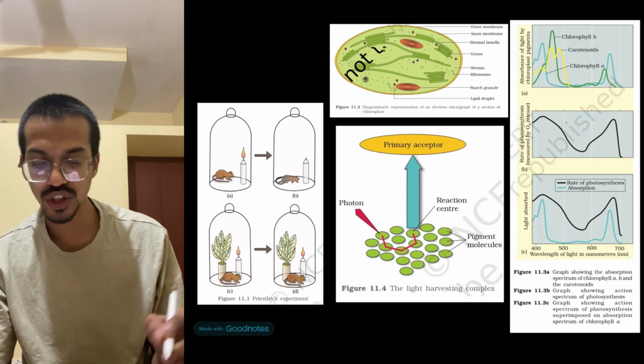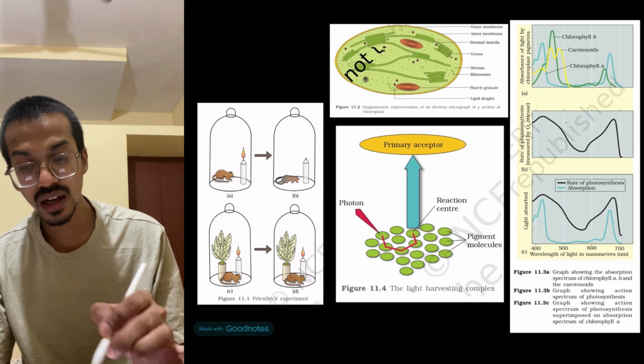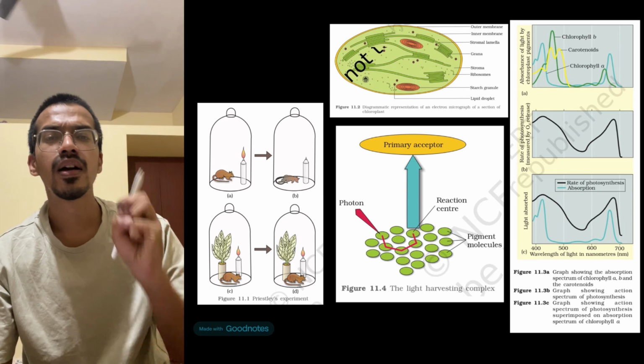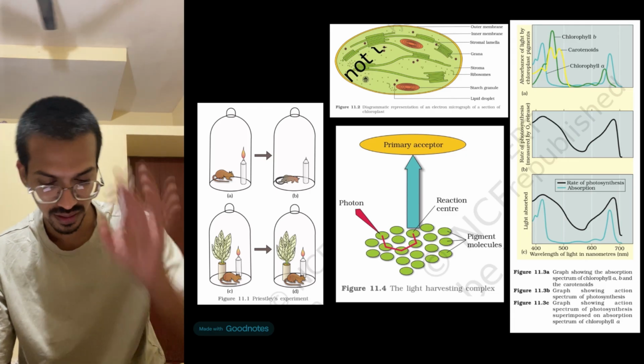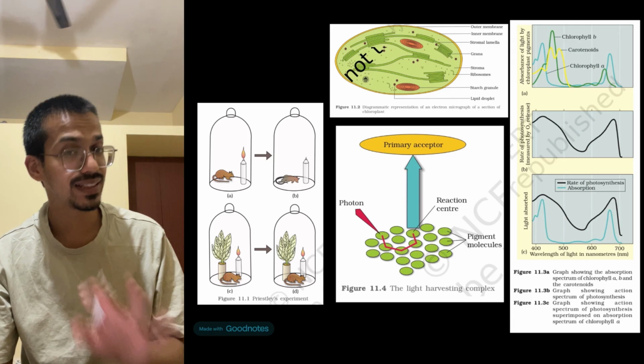So this is showing the action spectrum, this is showing the absorption spectrum, and this is showing the proper superimposition of those two things. Very important, remember it. Moving on to the next one, that is the light reaction and the dark reactions and